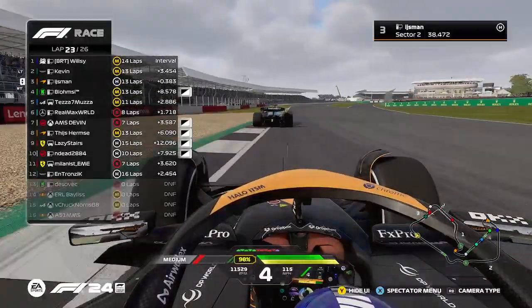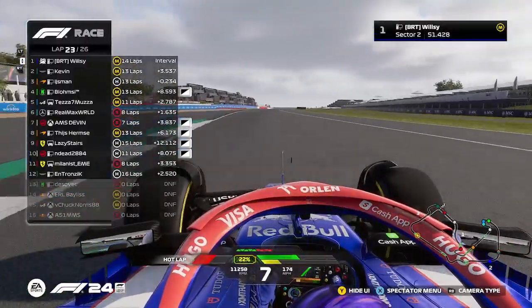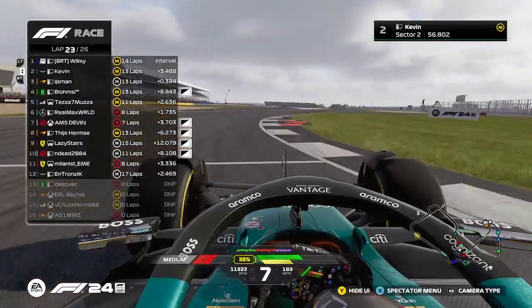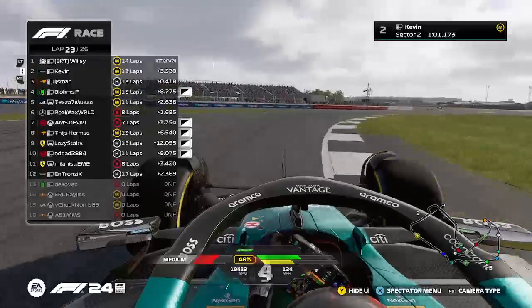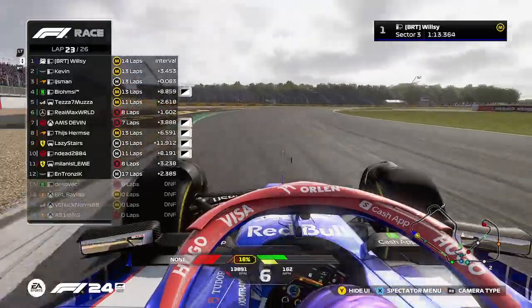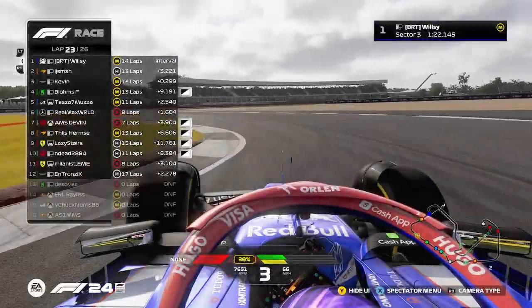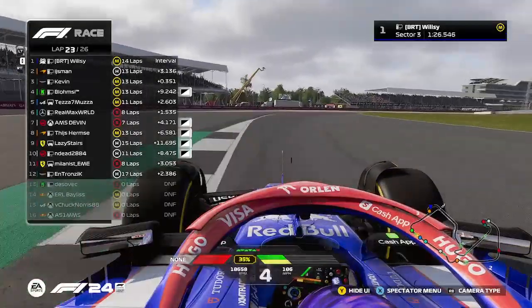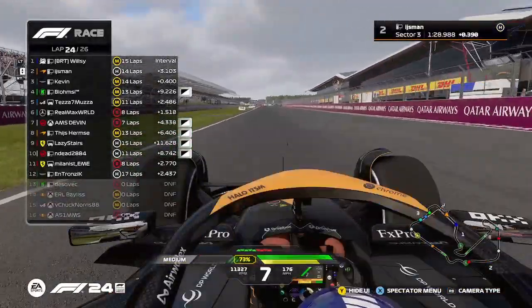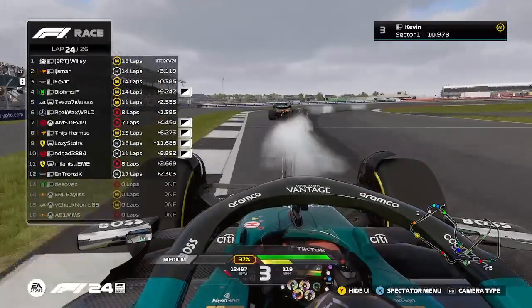As Iceman is still looking to fight out of Kevin, Willsy has extended that gap a little bit and is still pushing on. Little bit of a lift now for everyone else. Either I'm losing it or that gap has just decreased by a second. Well, indeed, the pace has increased from the guys further back. Not enough to win, but